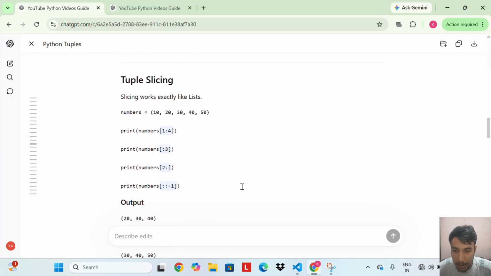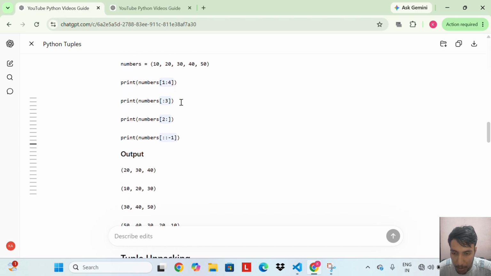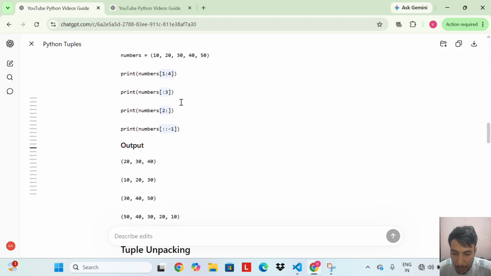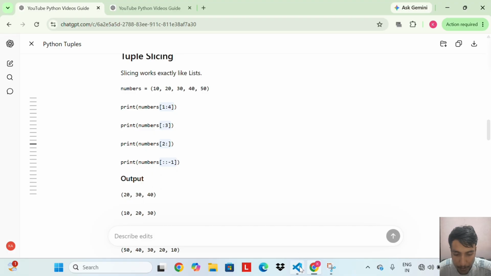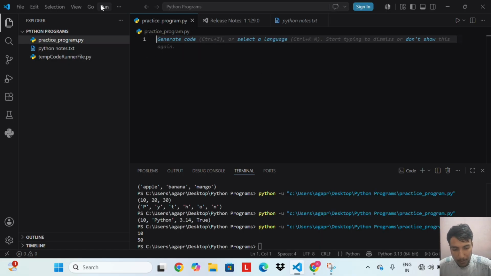Tuple slicing. Slicing works exactly like list. So let's do an example of slicing. numbers = (10, 20, 30, 40, 50).